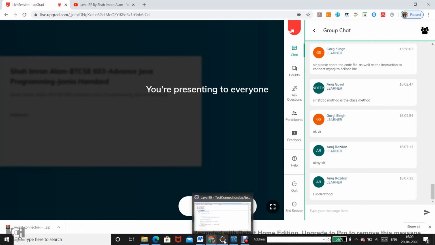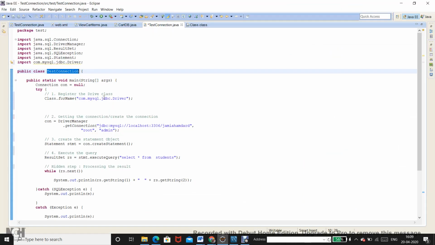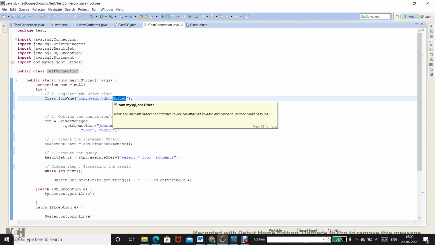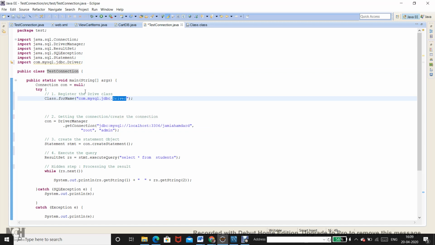Now my question is, this driver class is being loaded dynamically, whereas the step says it is registering the driver class, and I told you that this driver class is going to be used as the frontline communicator of the MySQL server. So at one point I am saying that it's being loaded dynamically to be used, as well as the step name is that it is registering the driver class. There is a difference between these two.